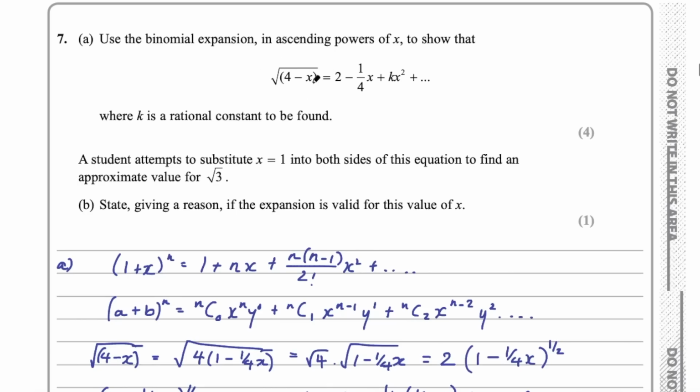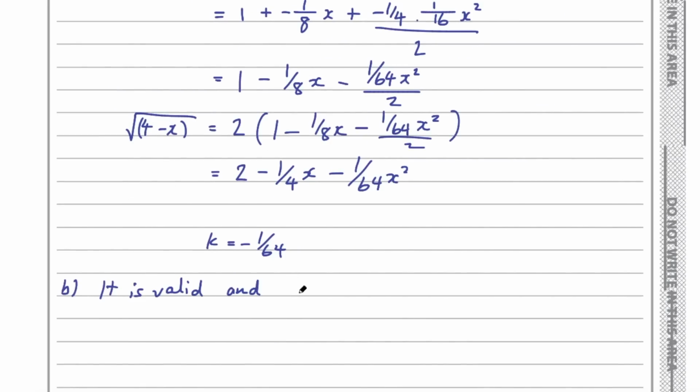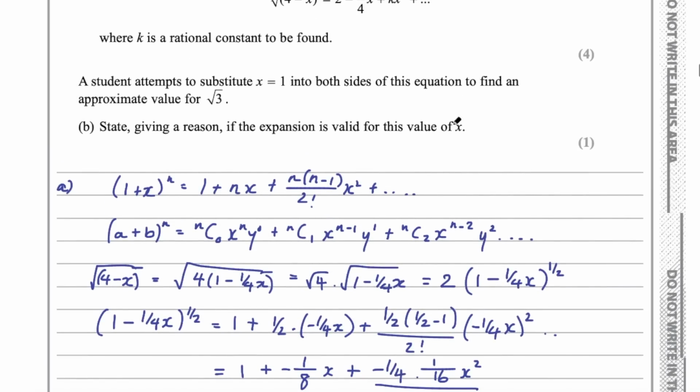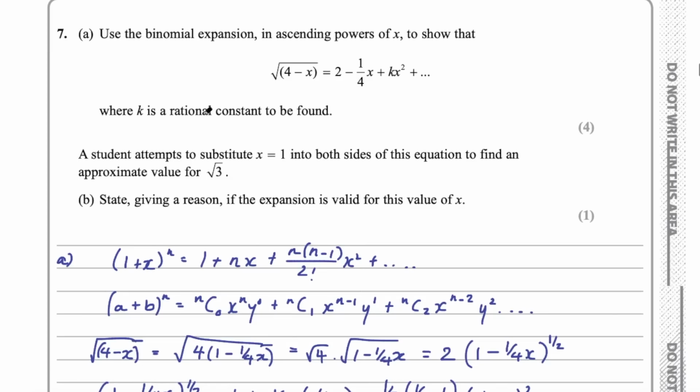And in fact, this should work for any value of x less than 5, any integer less than 5, because this would be a positive. As long as that's a positive, then it should work. So we can say it is valid, and the expansion is valid when 4 minus x is greater than 0, or greater than or equal to 0, really. As long as that's not a negative, then it should work. So that was just 1 mark, so not too much work there, and that was question 7 for a total